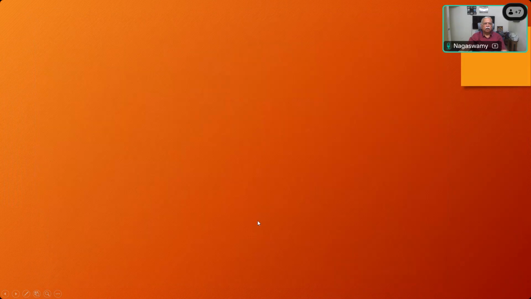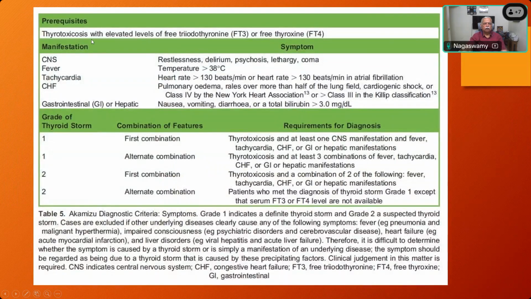And the prerequisite for thyrotoxicosis to happen is elevation of the T3, which is the more active form. So manifestations in a conscious patient will be restlessness, delirium, psychosis. Temperature will go up, tachycardia will be there, congestive heart failure can happen, GI disturbance, like in a conscious patient, it will be nausea, vomiting, diarrhea, and of course, how to grade that is also given here, which is called